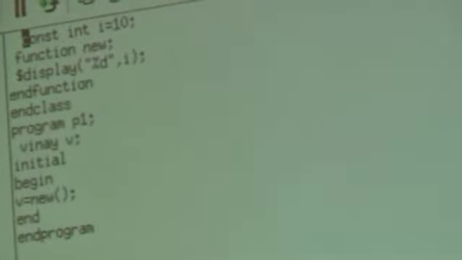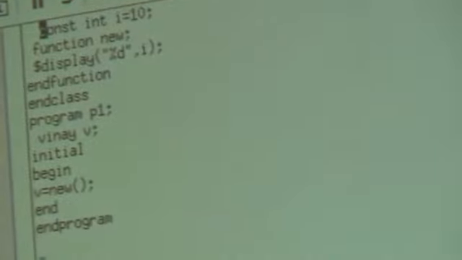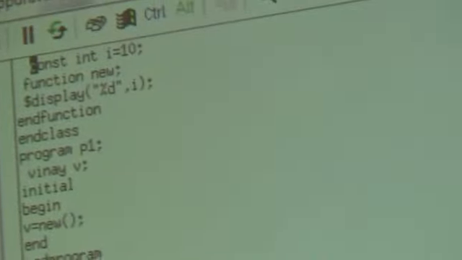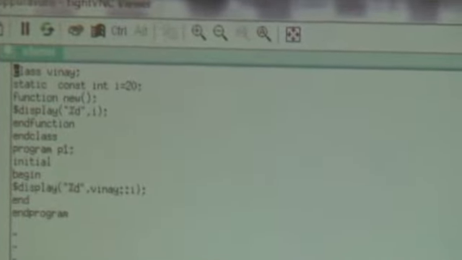Since the value is I equal 10 at the time of global initialization, it is called a global constant. I have got the value of I is equal to 10. Once the value is assigned at the time of initialization, it cannot be altered and it throws an error. Let us take the global constant with the static keyword.